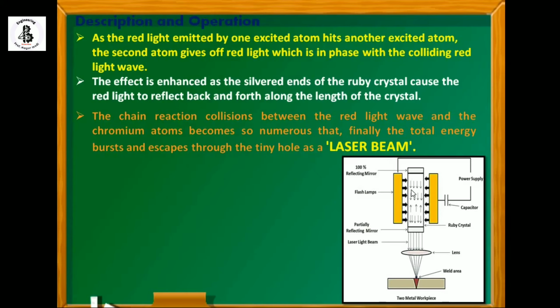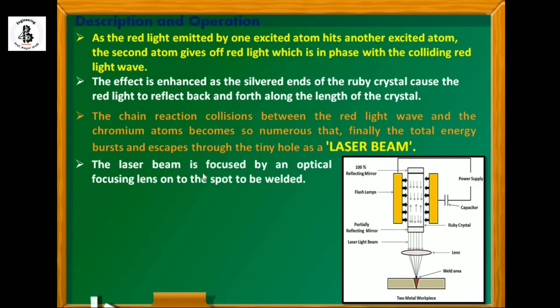So all the momentum of those atoms takes place inside these chambers, or you can say between the reflecting mirrors. But one of the sides has a partially reflecting mirror, so that all the excited molecules or atoms make a laser beam. So this is the fundamental theory for generating a laser beam with the help of a solid state laser, or ruby crystal material. Other materials like Nd:YAG are also used for making a laser beam.